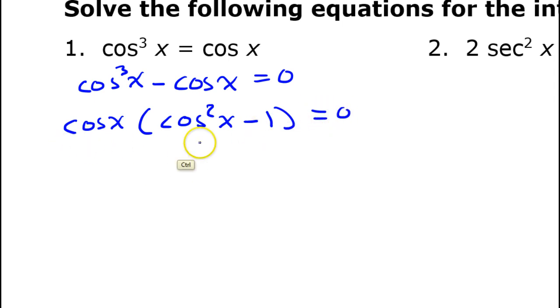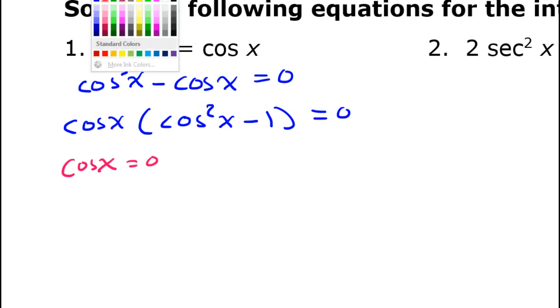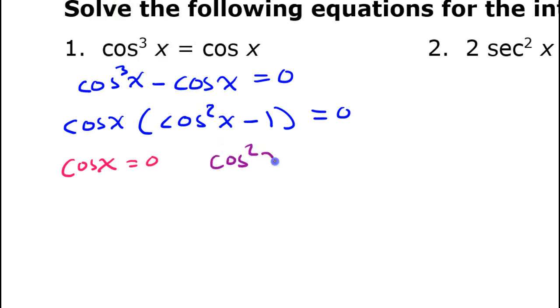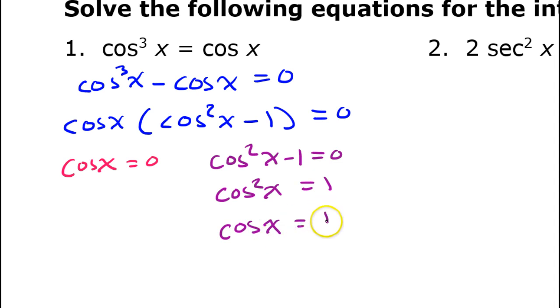Now we will set these factors equal to 0. On the one hand, we will have cosine x is equal to 0. And on the other hand, we will have cosine squared x minus 1 is equal to 0. If I add 1 to both sides, I have cosine squared x is equal to 1. If I take the square root of both sides, I have cosine x is equal to plus or minus 1. Don't forget the plus or minus that you get when you take the square root of both sides. All right, now,